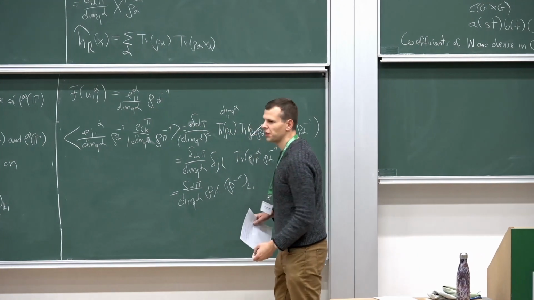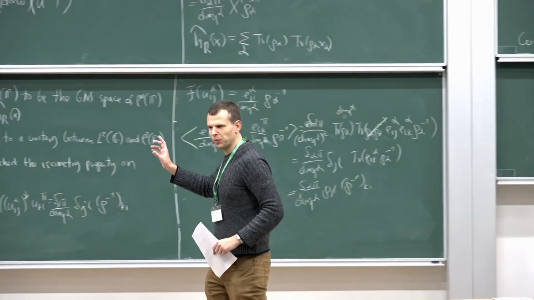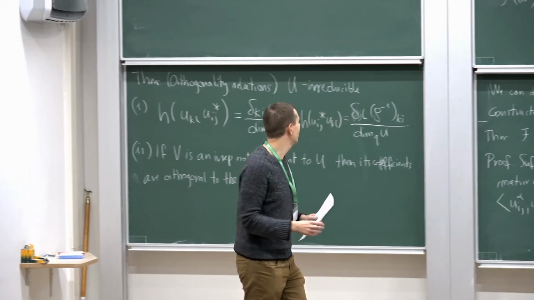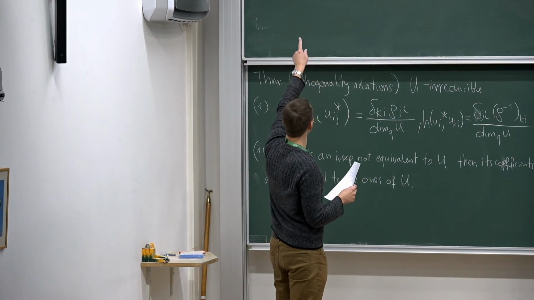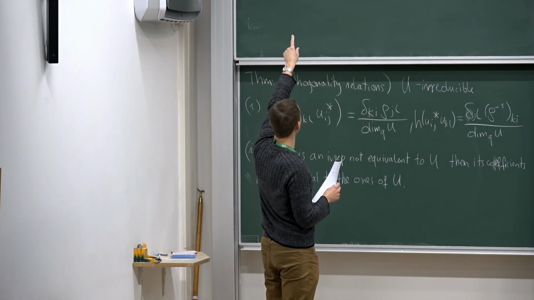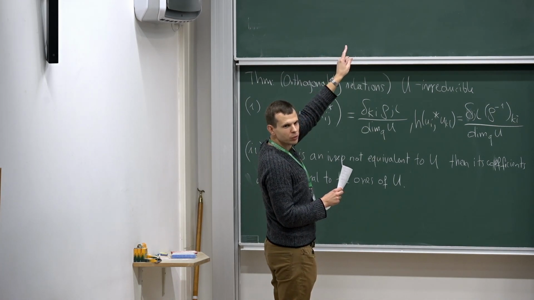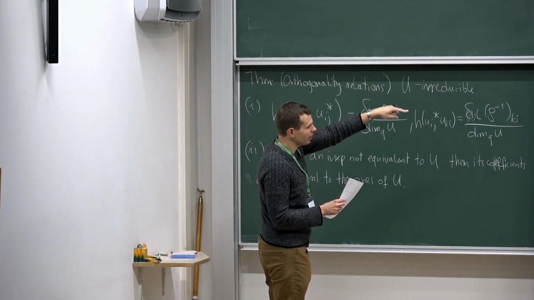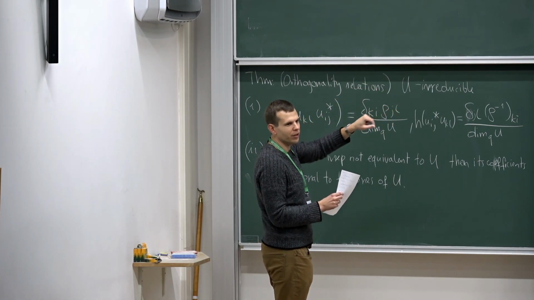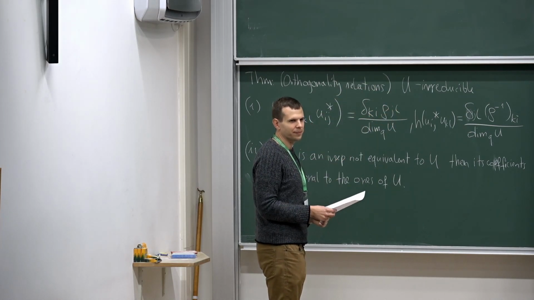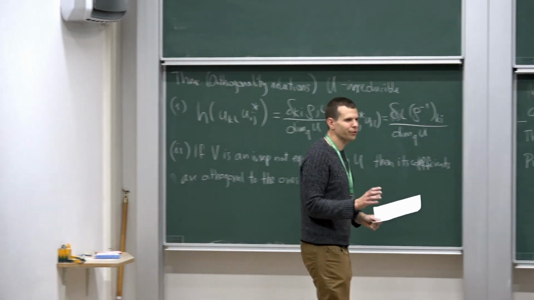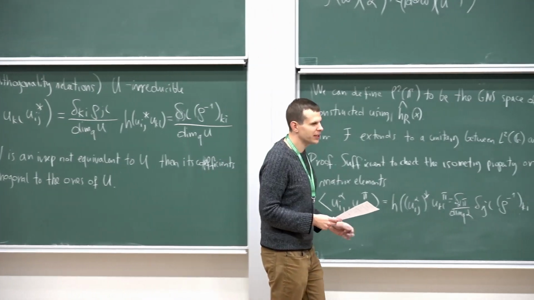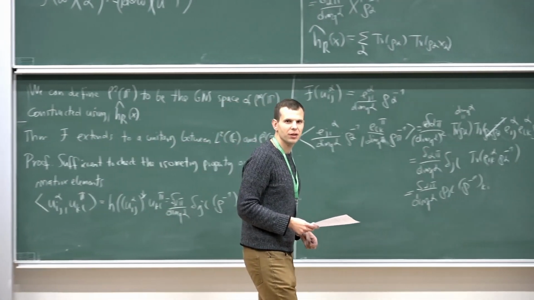Somehow it works in the end, but there's plenty of choices you have to make along the way. There are different choices you can make that still make it work, but one of the things was that I had to view an element of x in C of G as a functional, so I have two choices, right? I can view it as a density on the right or on the left. Then on the gamma, I can choose either the right Haar weight or left Haar weight. So in general, I have like 4 choices. And then it's not clear which choices work and which do not, but you have to choose a convention and somehow follow it, and it will work out in the end.